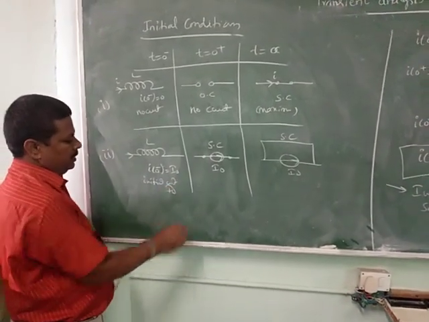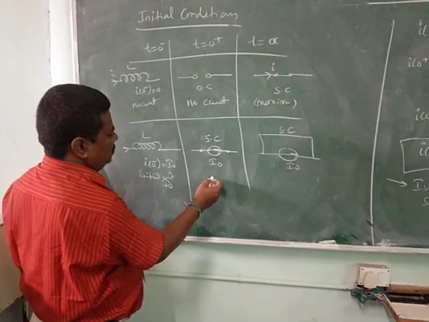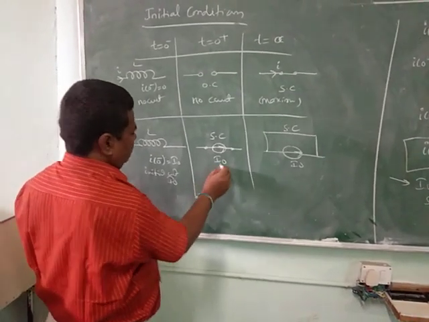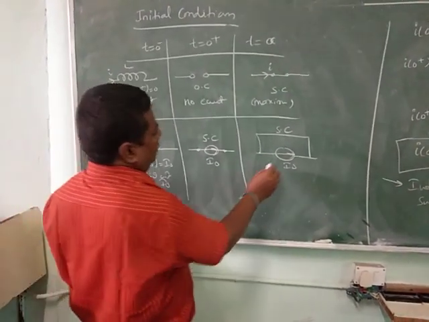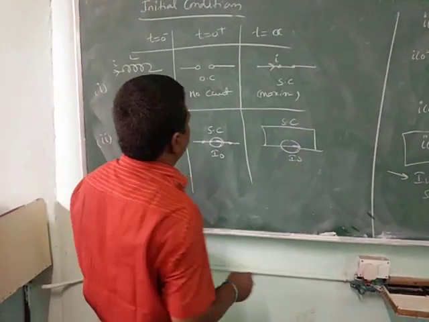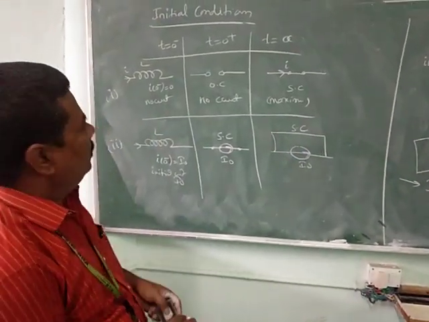Initial current is I naught. At t equal to 0 plus, also the same initial current I0. At t equal to infinity, maximum current flows through the inductor. Now consider a simple